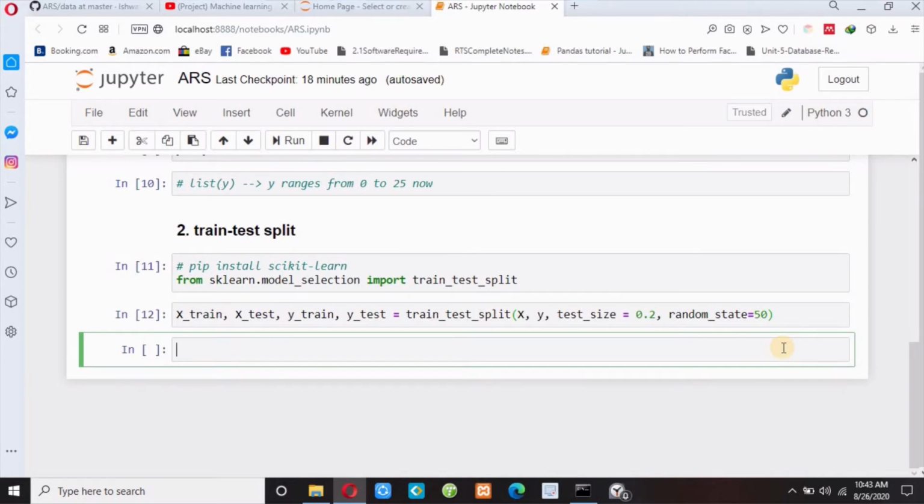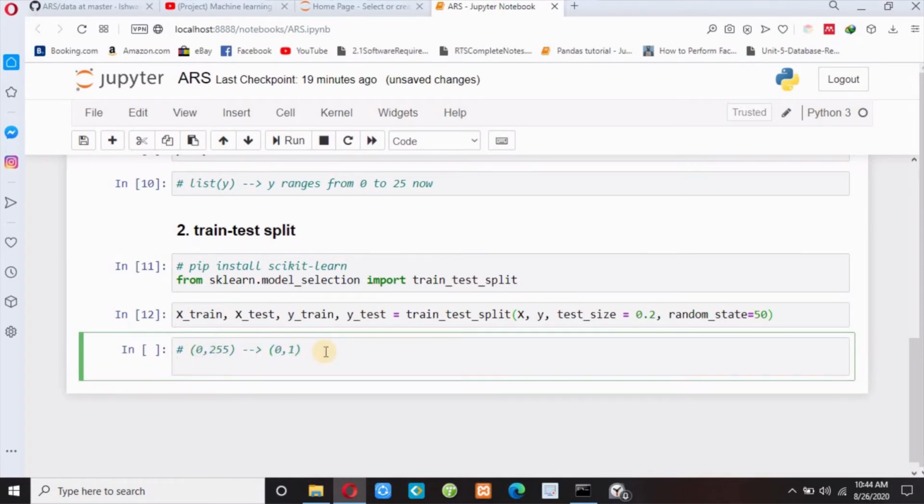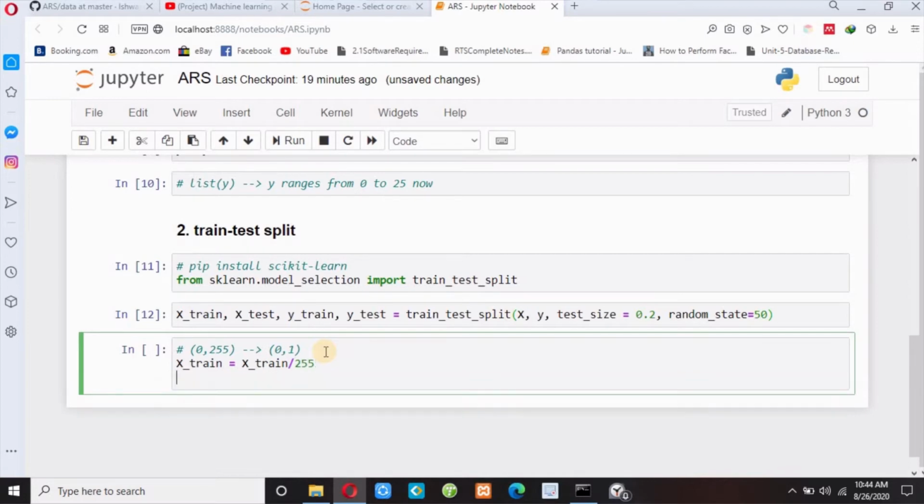Now guys, as we all know, our pixel value ranges from 0 to 255. Now we need to convert this pixel value to a range from 0 to 1, means we need to map these values only from 0 to 1. So to do this, we need to divide by 255. So x_train equals x_train divided by 255.